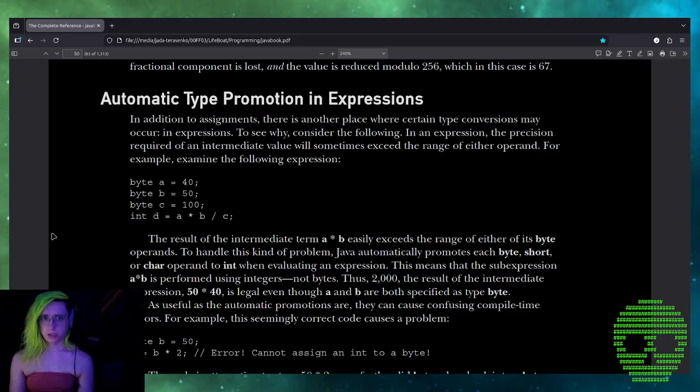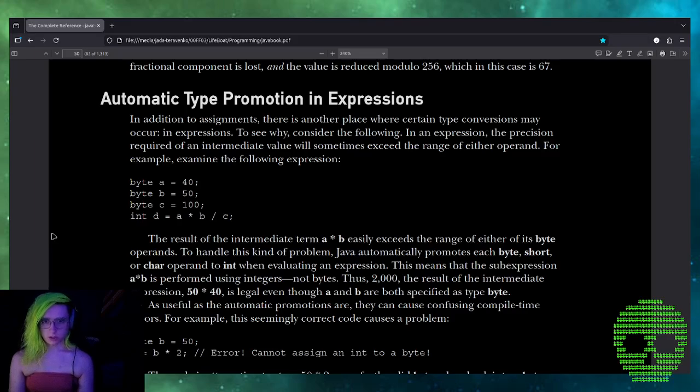For example, examine the following expression. byte a = 40; byte b = 50; byte c = 100; int d = a * b / c;